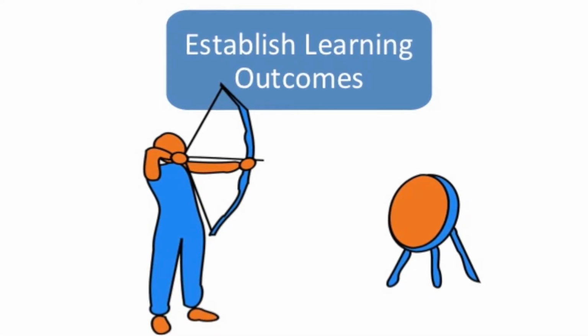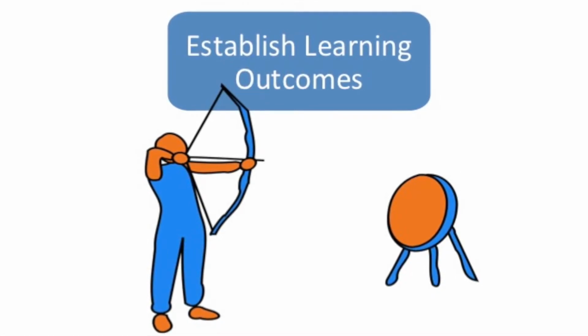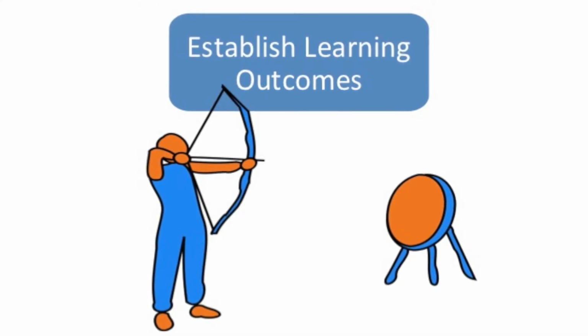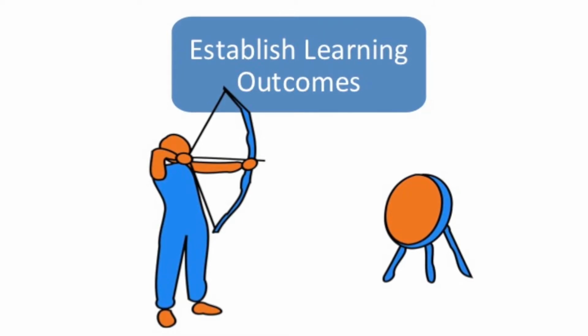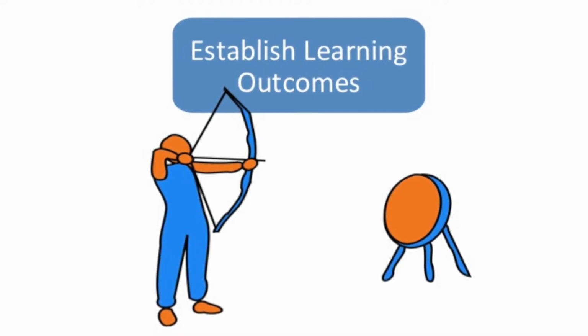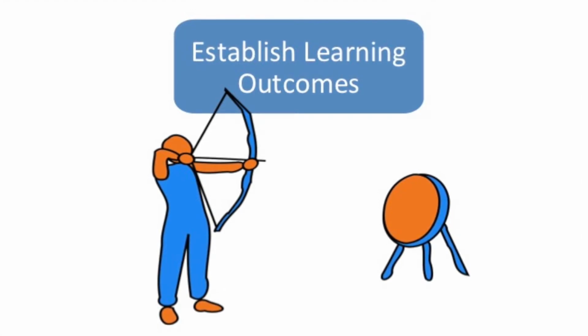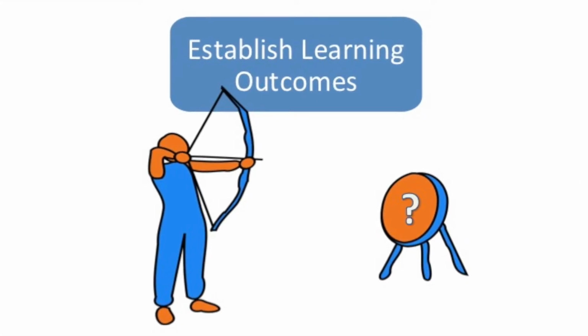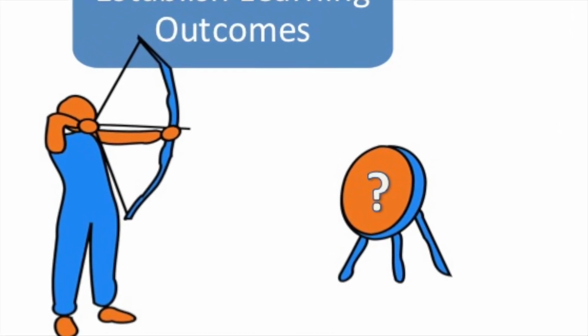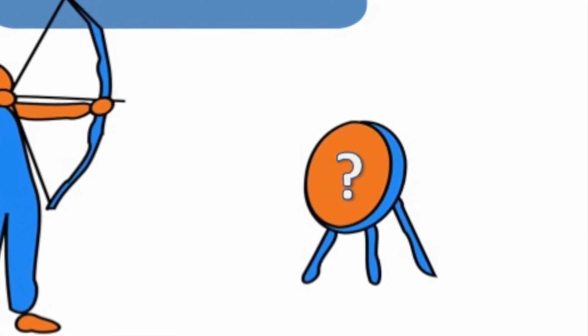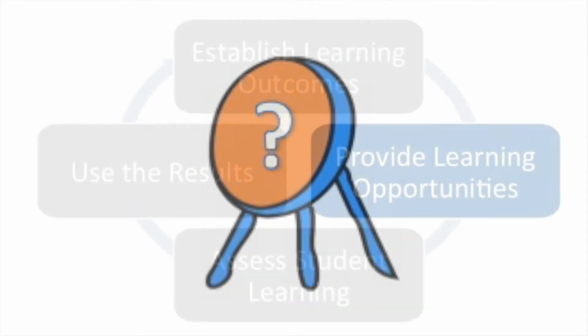For most courses at the community college, learning outcomes have already been developed, but sometimes those aren't the most useful, and oftentimes we also want to consider more specific learning outcomes. Having a clear statement of what students will learn at this time is important because now is also the time to consider how you're going to measure it. What does reaching these learning outcomes actually look like, and how will you be able to know that the students have met that? This process, known as backwards design, ensures that you have a clear target from the very beginning.